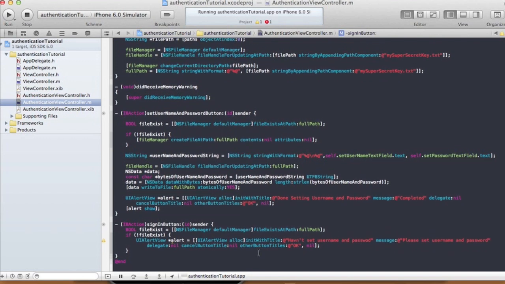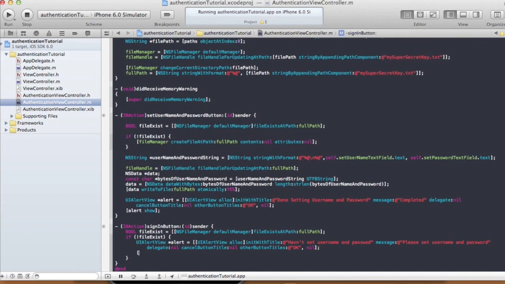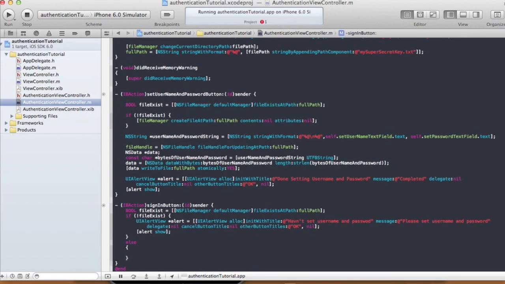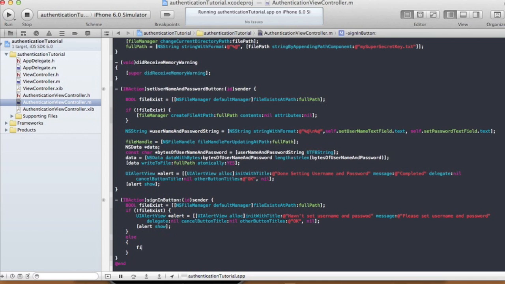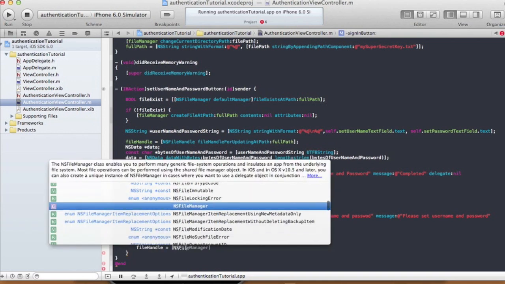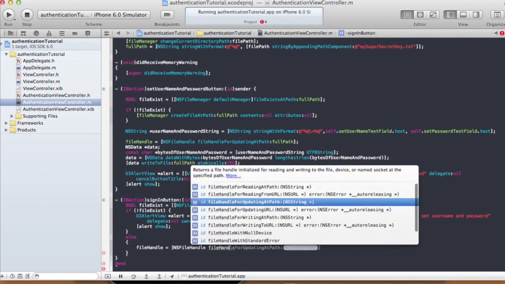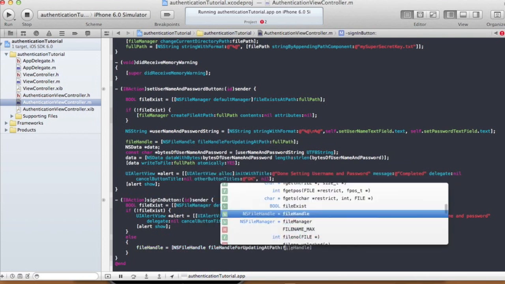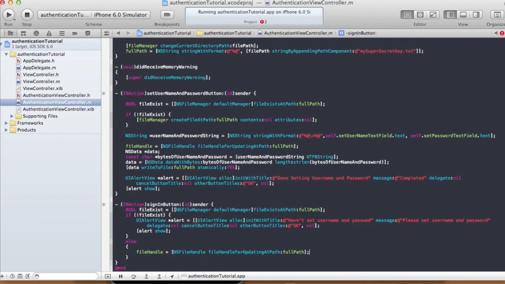And from there we have to show our alert. Okay, so that's if the file doesn't exist. Otherwise, we just do else: file handle equals NSFileHandle for updating a path, and the path is full path, and then